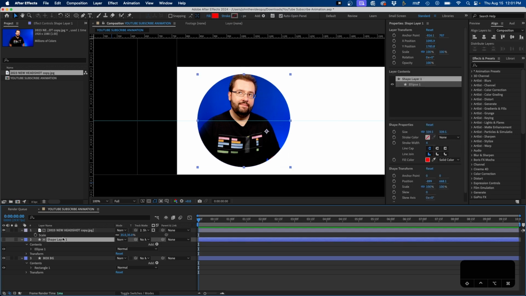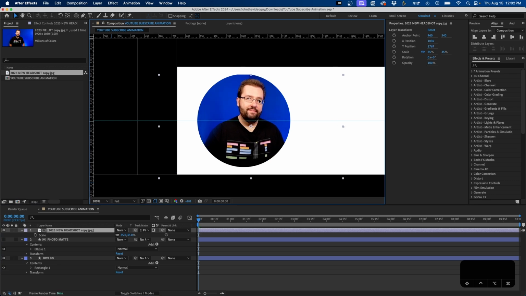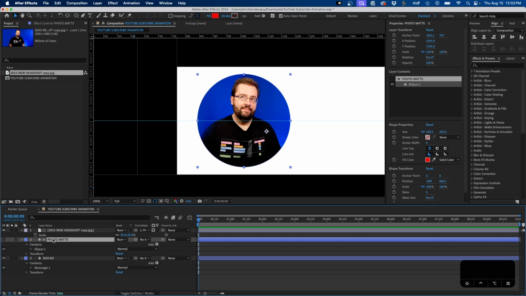And once again, we can rename this. So I'm going to rename our shape layer photo matte. That way we know that's the photo matte for our photo. You can always click on your photo and realign this if it's a little bit off here, so I'm going to center that up. All right, the last thing with our photo is we're going to add a simple stroke